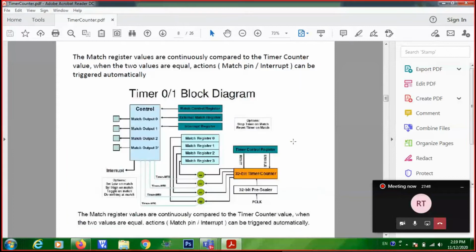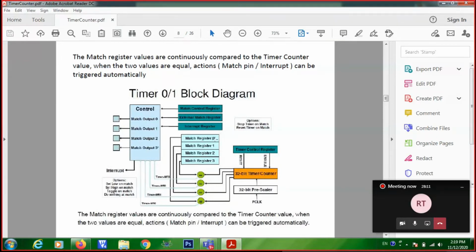Right. Then this is a block diagram representing the match mode of operation. Right. So here you can see this is your 32-bit timer. This is your prescaler. This is a timer control register used for resetting or enabling the timer. And how does the match operation work?